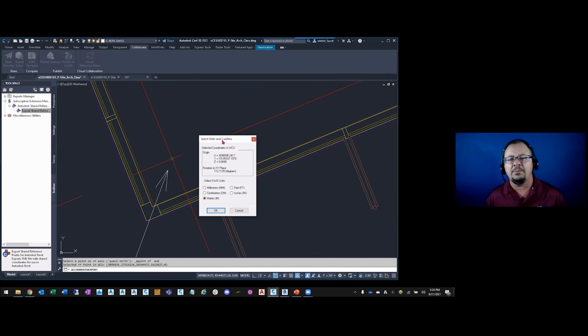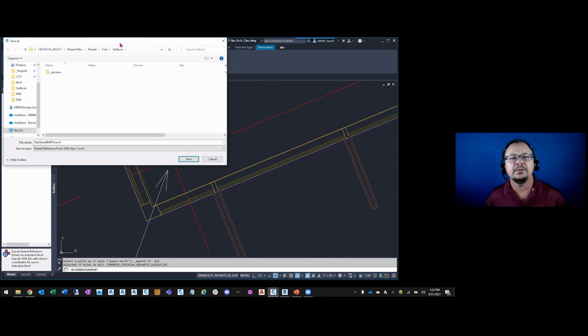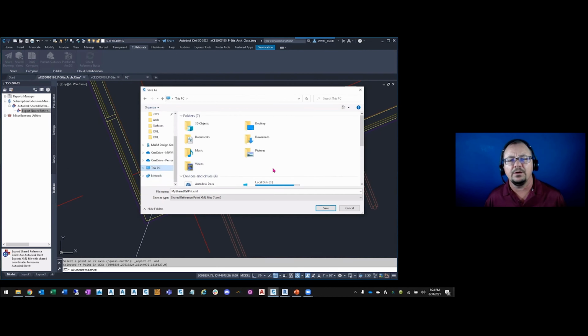So remember, the next step is going to be to select the units of the drawing, and you'll see that we have an option of feet. There is not feet and US survey feet. So feet is the only option that we have here of those two. Click OK. And then I'm going to pick where I want to store this file. In this case, I'm going to go to my local project. The project you're seeing here is stored locally.